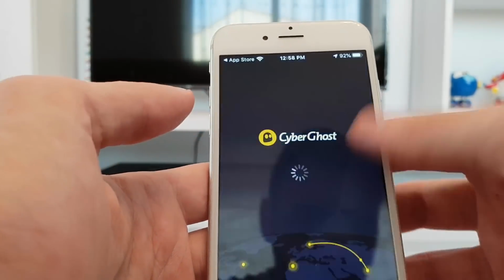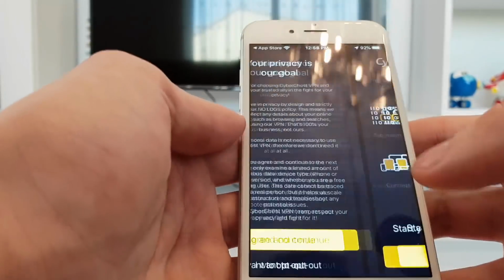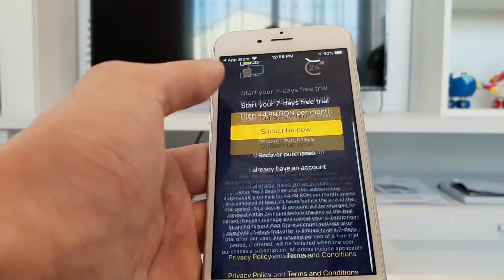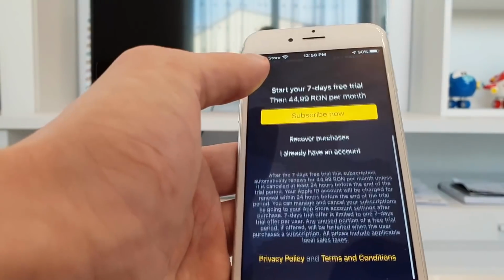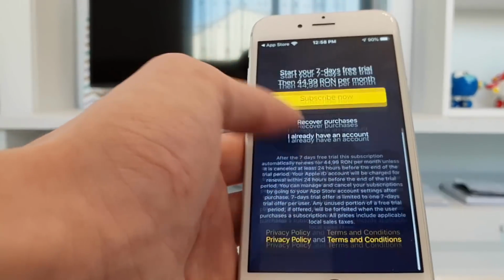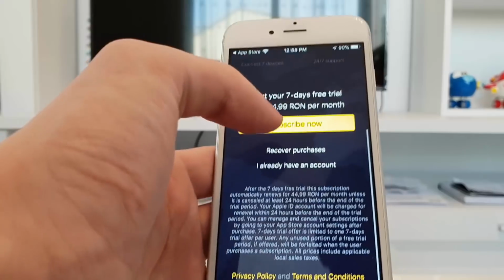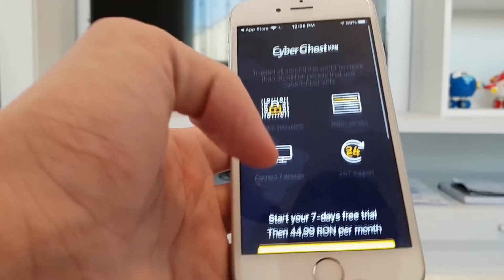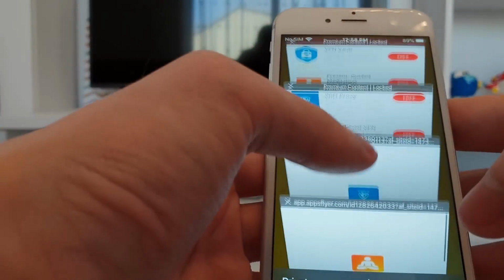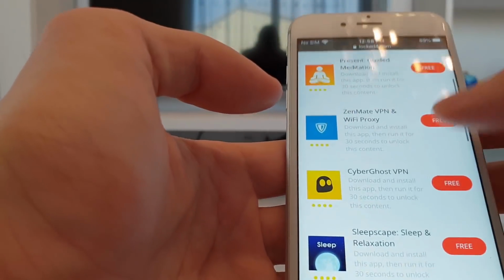Okay, let me open the app. So as the instructions stated, we have to keep these apps opened and use them for at least 30 seconds. Okay. And after doing this, you can also delete them. Okay, and now let me go ahead and open the second one,